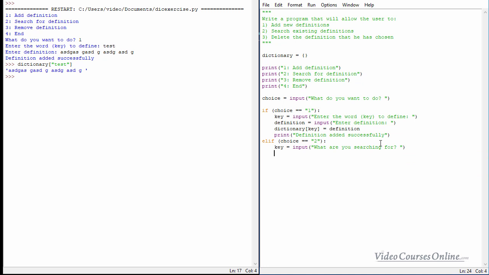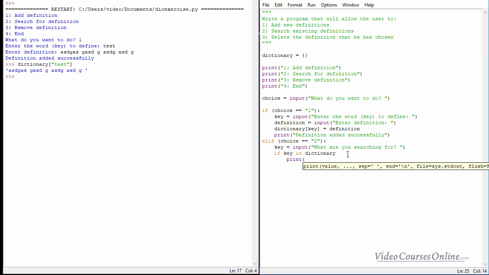And well, we should check if the key is inside the dictionary before showing the definition, right? Because otherwise we might try to access something that doesn't exist inside the dictionary. So if key is inside the dictionary, well,